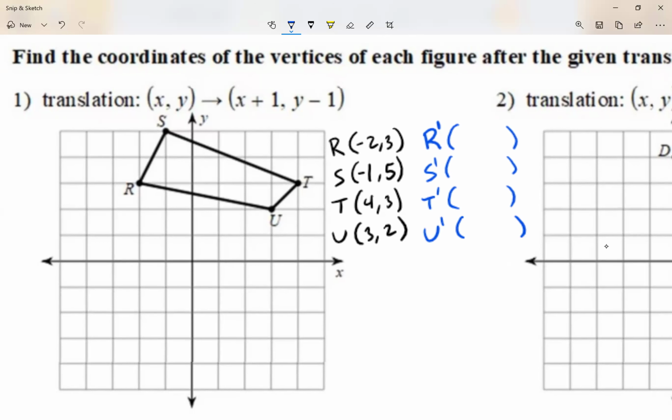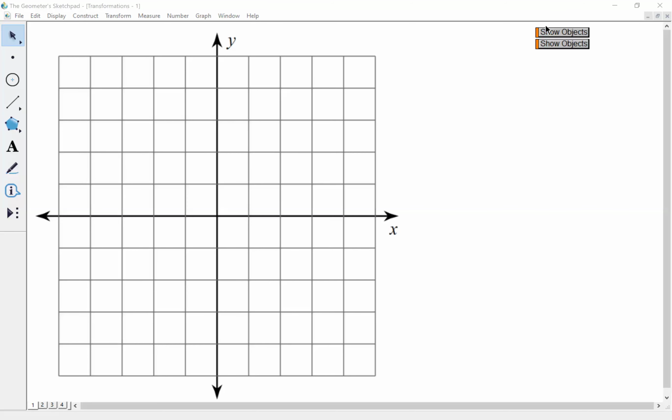Now, what is a transformation? What does a transformation do? Let me show you guys. I'm going to make this a little visual. Let me start with just the coordinate plane there, with my points, my initial figure, SRTU. Now, a translation, what we're dealing with today, is that I could grab the image